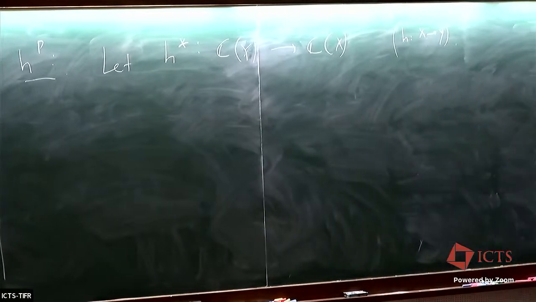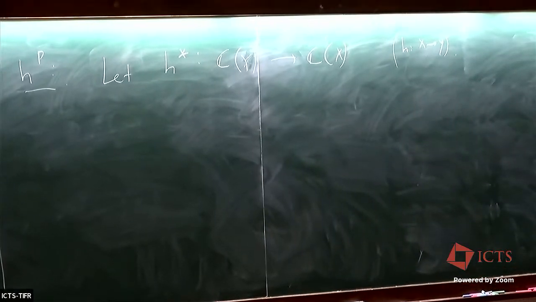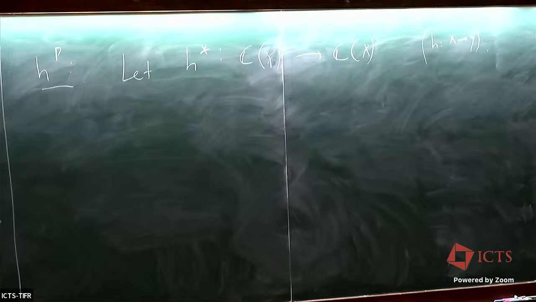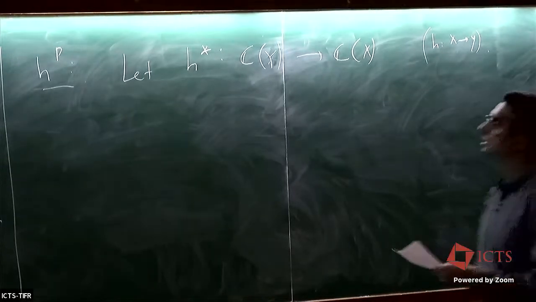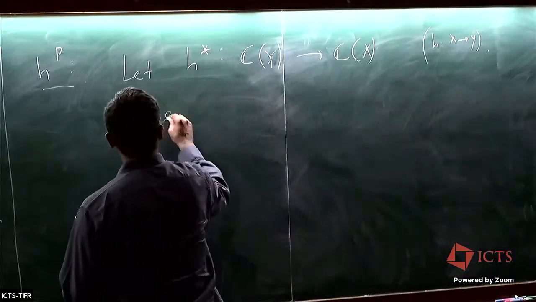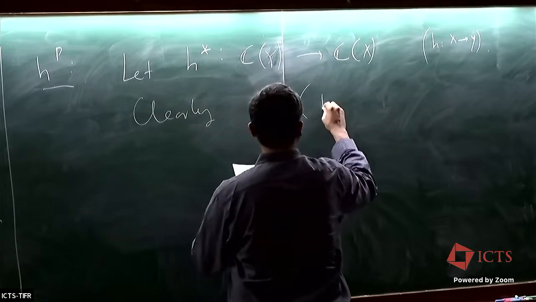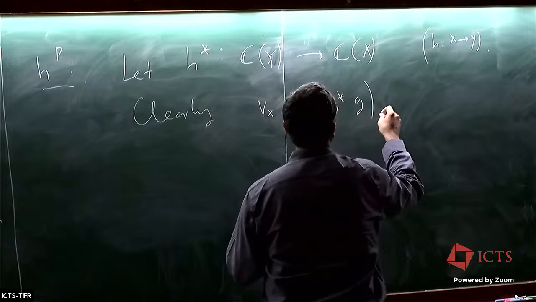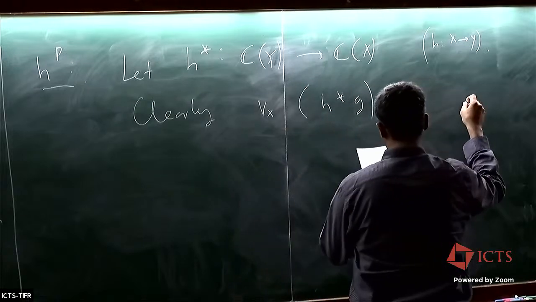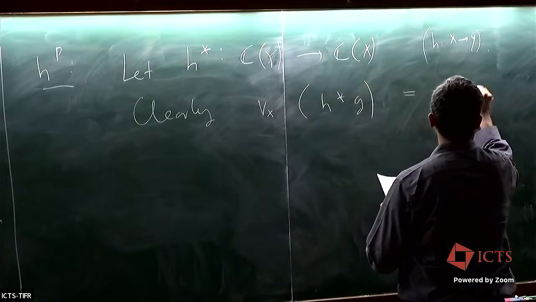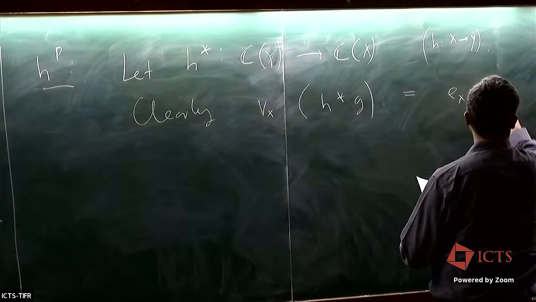Pullback functions for h. That's h star. And clearly, let's draw a picture again, maybe. The pullback of h of g, order of vanishing at x, is this time the ramification index times